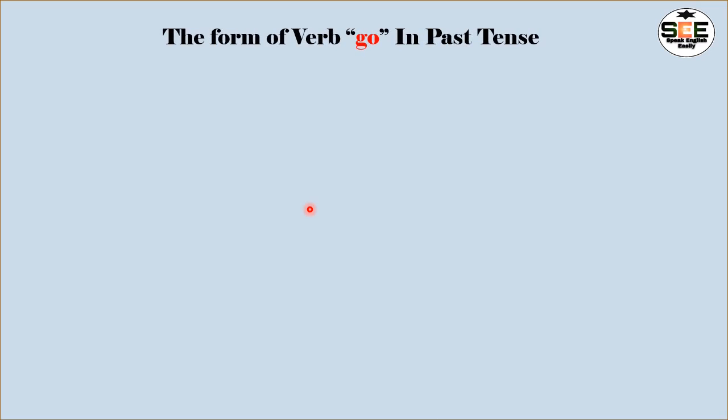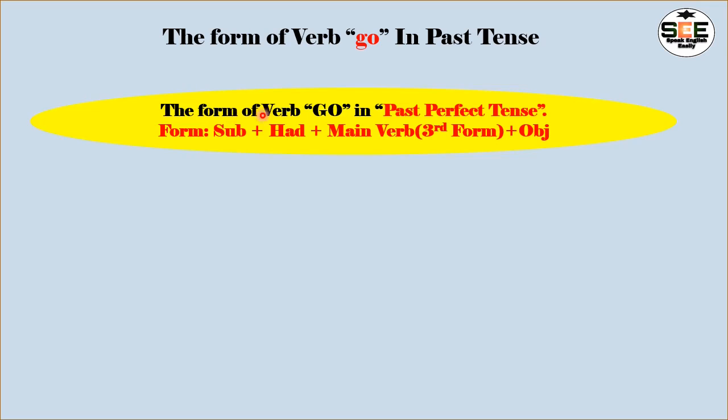The name of the topic is the form of verb go in past perfect tense. Yes friend. The form of verb go in past perfect tense is subject plus had plus main verb third form plus object. Yes friend. So I already made videos on the past indefinite and past continuous tense, so I am going